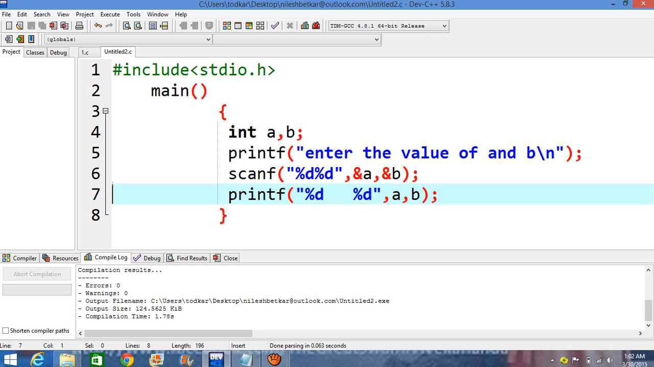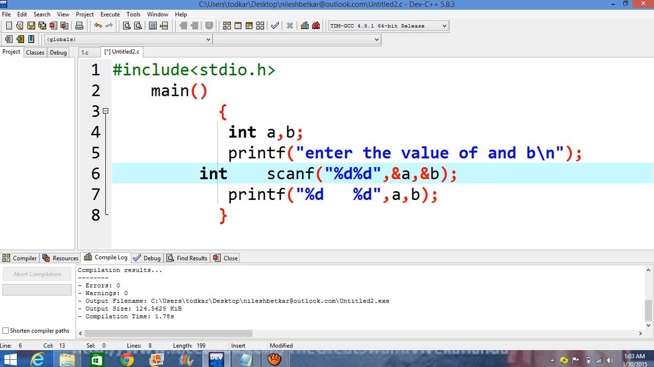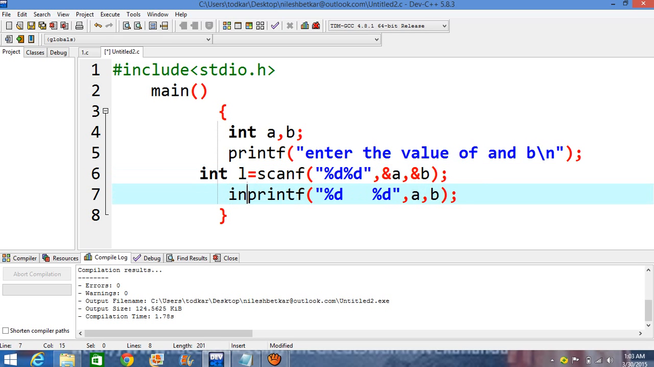When you are practicing these programs, then you will come to know how scanf will work, how printf will work. Also, they return some values. Scanf also returns some values. If we require, suppose here int l is equal to scanf, already we have declared one variable, and also we take integer m is equal to printf,